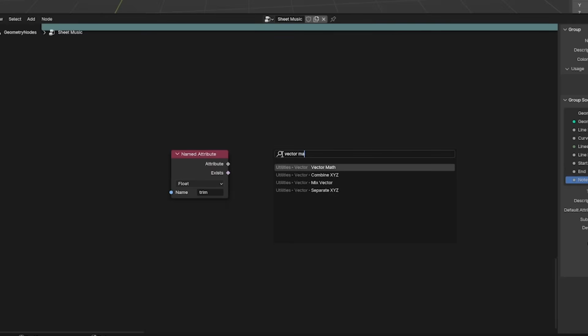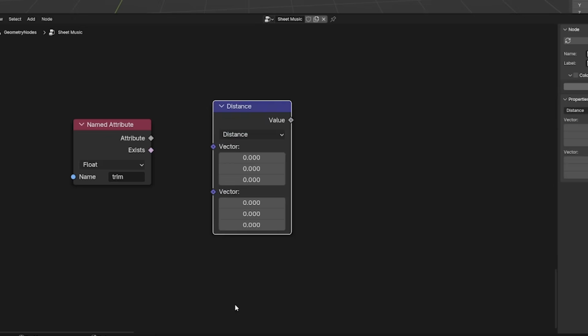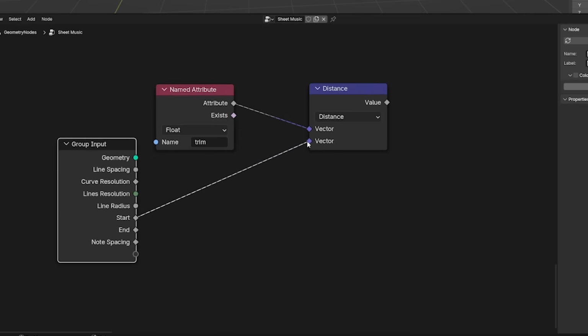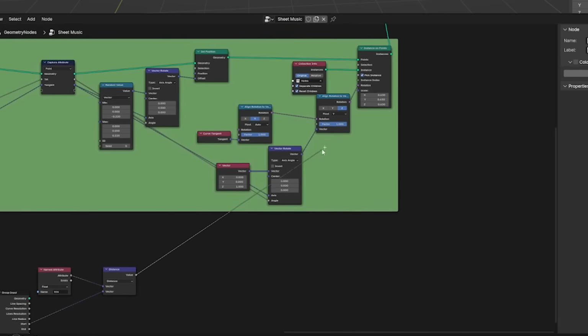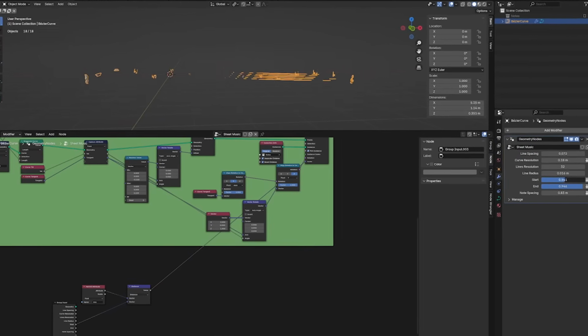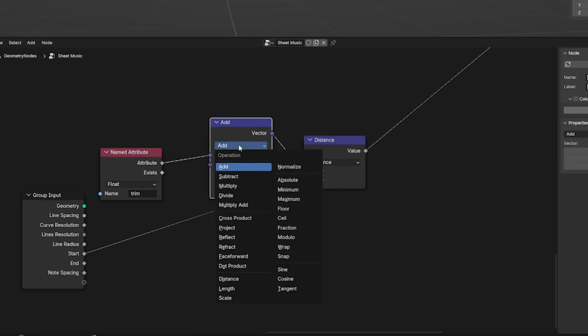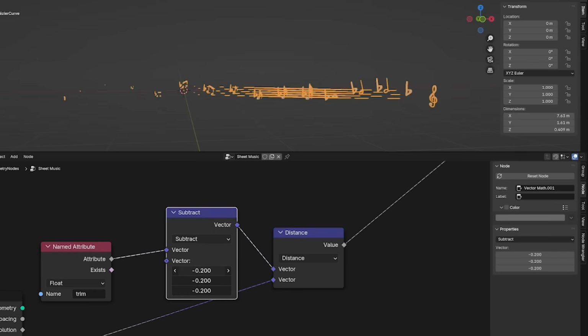Let's try it. I'll add a vector math node and set it to distance. Plug my trim attribute in socket 1 and the trim start from the group input into socket 2. If you were to plug this into the scale of the instance on points node, the nodes will be smaller at the trim and bigger away from it. I'll also add another vector math node, set it to subtract before that, so I can control the offset of that scale. Because I'm subtracting the trim value before I'm actually doing the distance calculation, so it's kind of offsetting